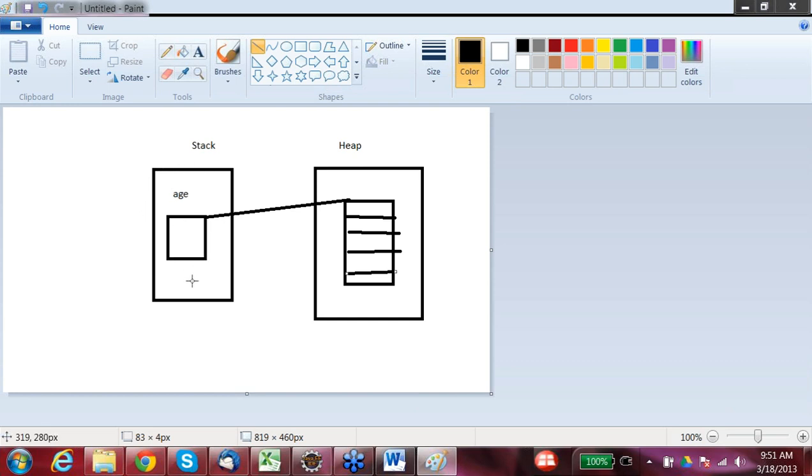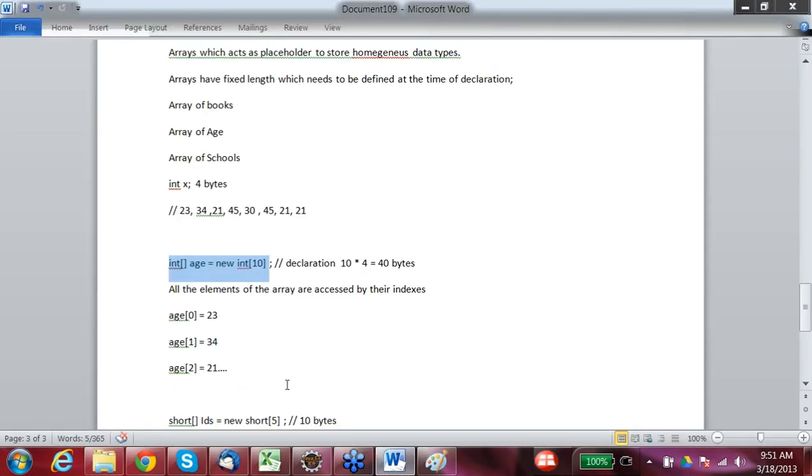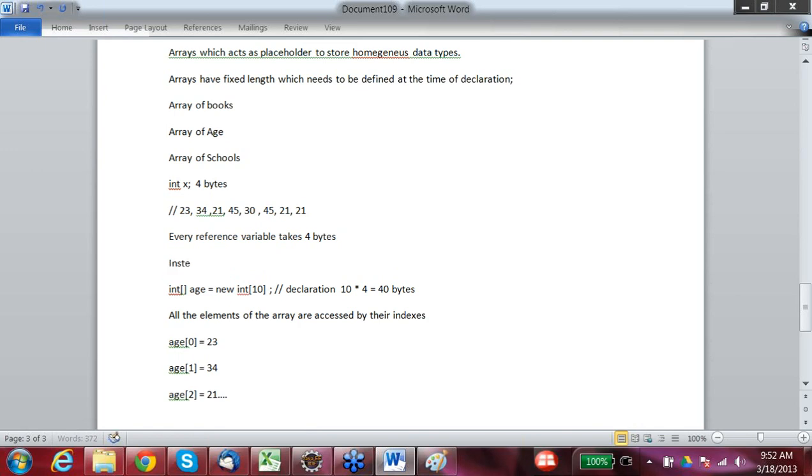Every reference variable takes 4 bytes, and instead of storing the actual value, it stores the address of the data value.